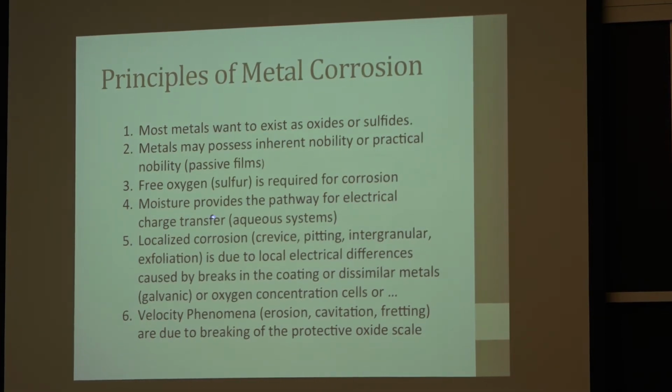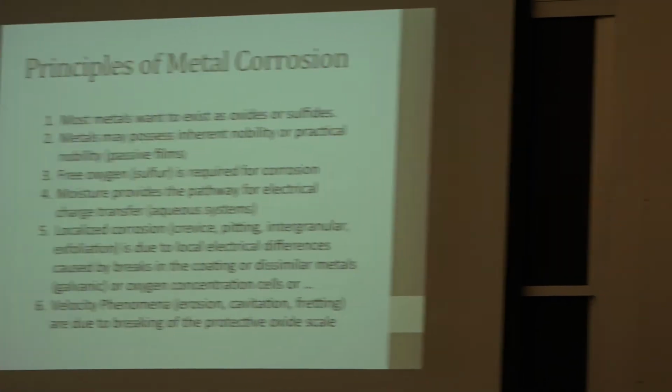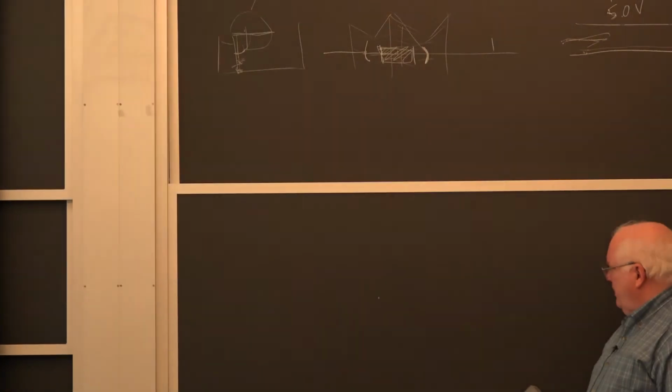Moisture provides the pathway for electrical charge transfer in aqueous systems. And that can be good or bad. But it is the pathway. A few years ago, the town of Belmont that I live in decided to put in 2 new oil storage tanks in 2 of the elementary schools. The fire chief said, wow, I want to be high tech. I want to put in a cathodic protection system on these oil tanks. I don't want to have any oil leaks. And so about 6 or 7 years later,